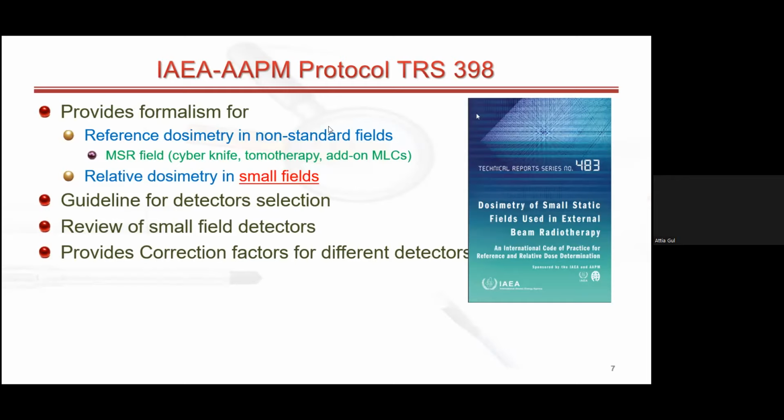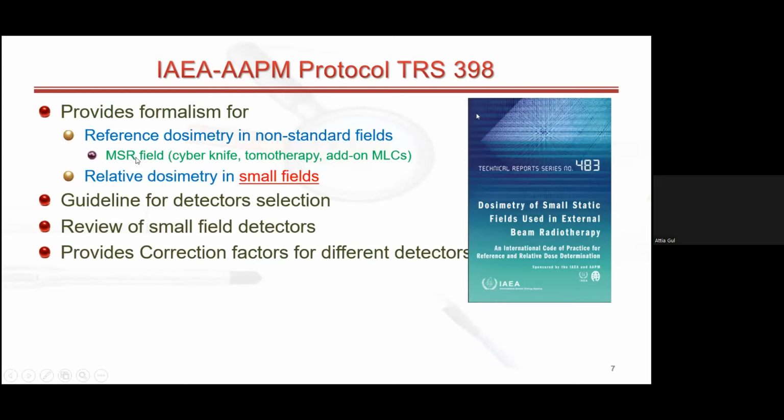But there are many modern machines where we cannot acquire this standard field. We have to look for a machine specific reference field. In the IAEA protocol, there is a mistake. I should have written here 483. This TRS 483 protocol gives us a